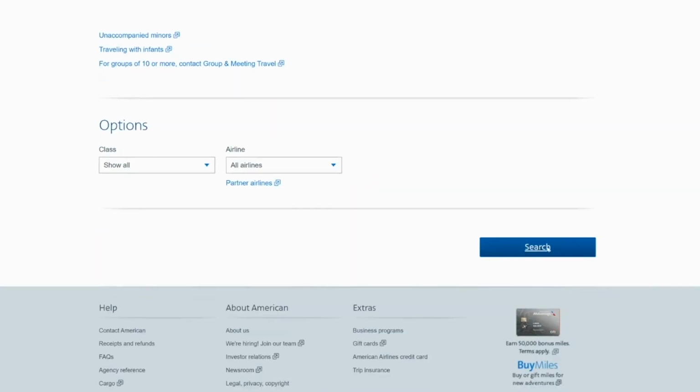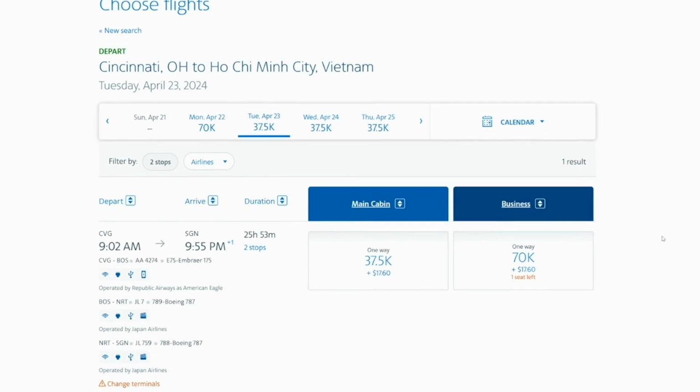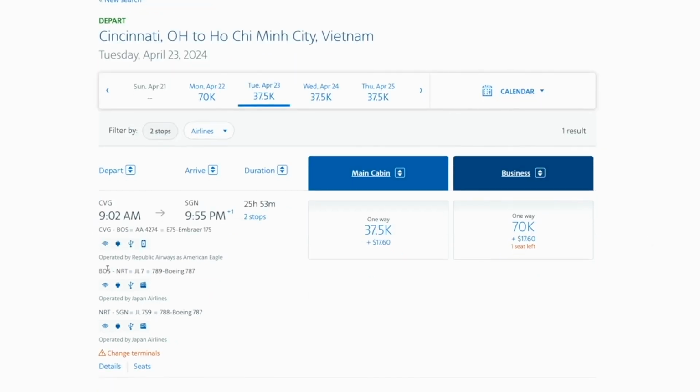And then we can go ahead and click search. So here we'll see the itinerary from Cincinnati over to Boston, Boston over to Narita, Narita over to Ho Chi Minh City, all for 70,000 points plus $17.60. So if you are connecting through Japan into somewhere like Southeast Asia, whether it's Vietnam or the Philippines or something like that, this can be a really cheap way to do so on points,